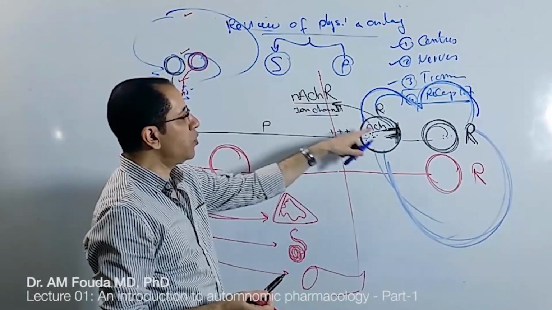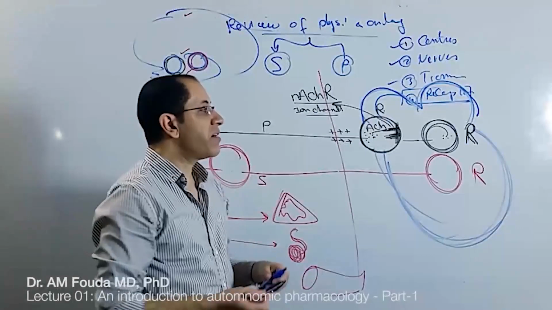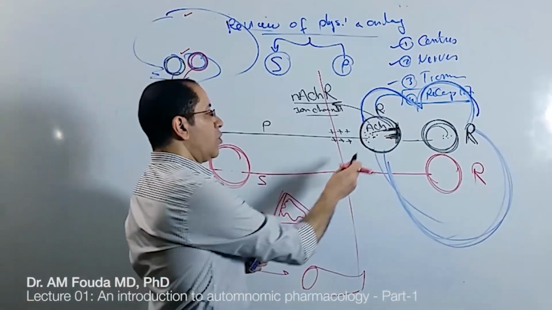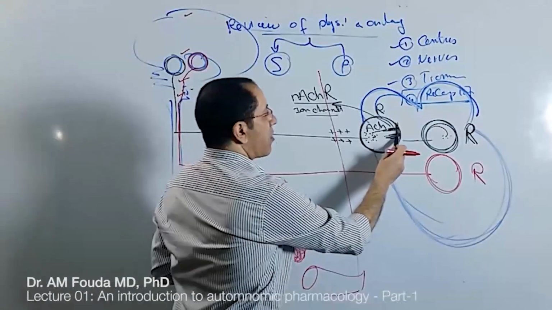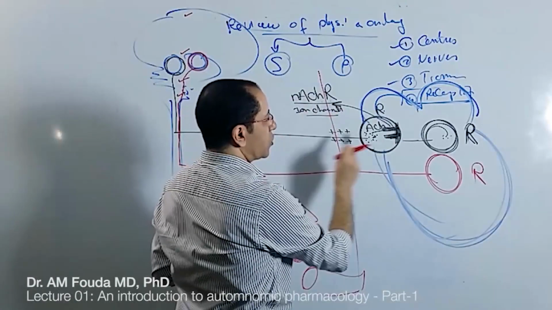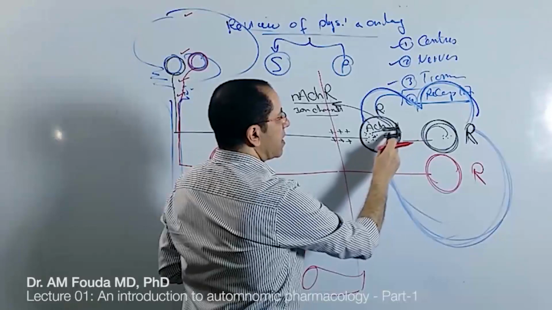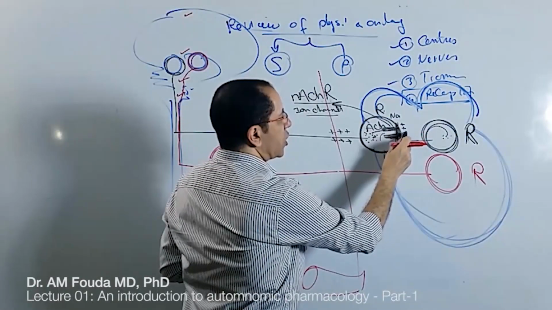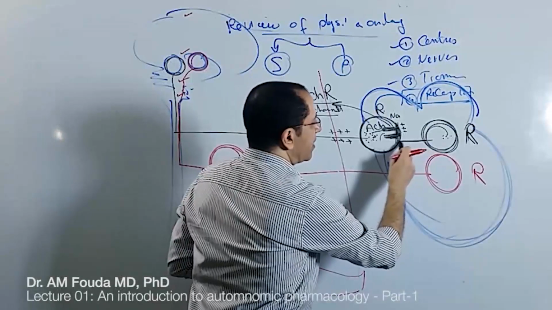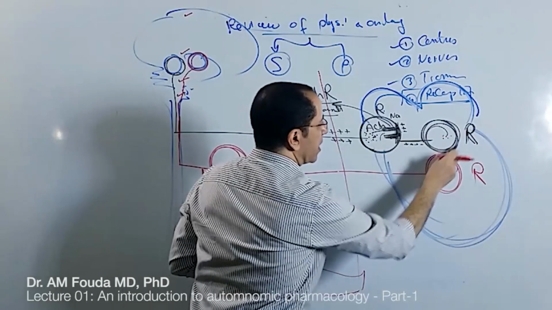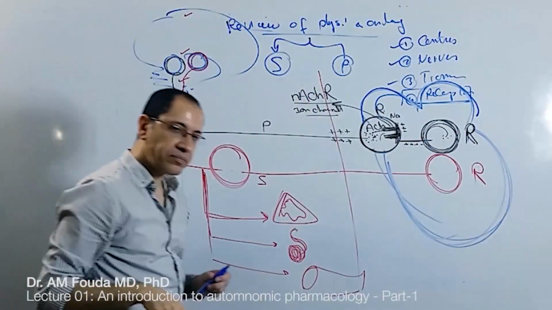Again, the signal is coming from higher centers as a depolarization wave, passing through nerves to reach the ganglia, where it transforms from electrical into chemical form. So the depolarization wave releases acetylcholine. Acetylcholine opens a gate termed nicotinic acetylcholine receptor. When this gate opens,